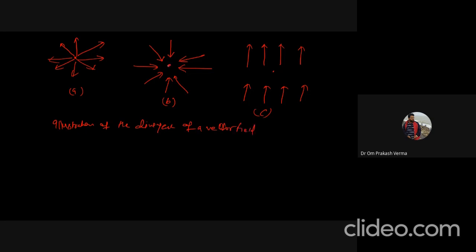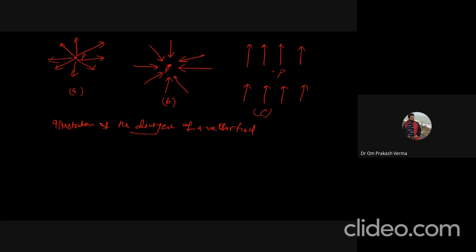This is the point P, enclosed in some volume, and now we are going to calculate the net outward flow of the vector field. It can be calculated with the help of divergence. So please tell me which one has positive divergence, which has negative divergence, which has zero divergence, or what is your idea?